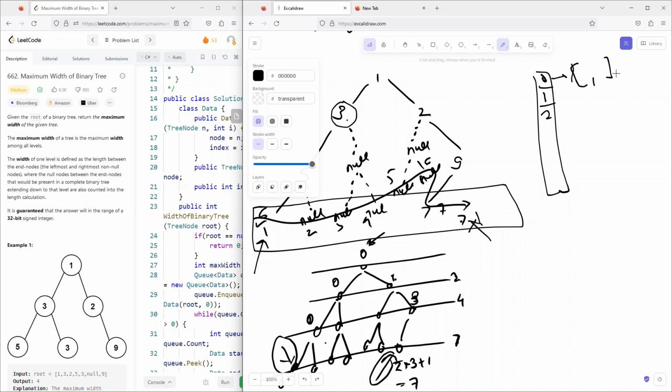Then we can take the maximum minus minimum plus 1 to find out the maximum width. Now the interesting part here is, do we really need these two variables? If we consider it, what we really need is only one variable,